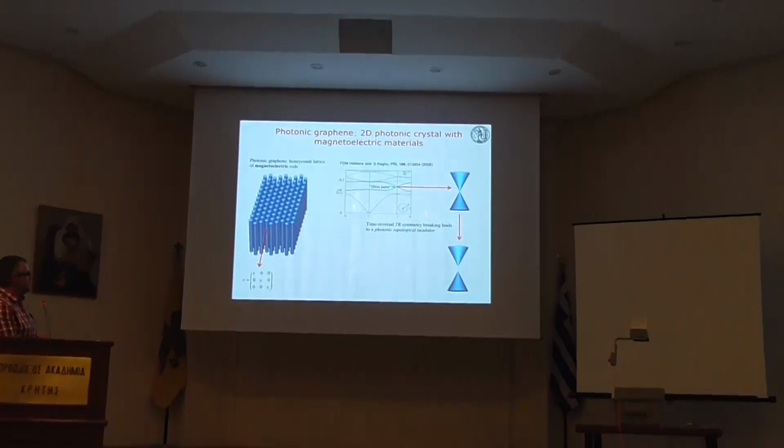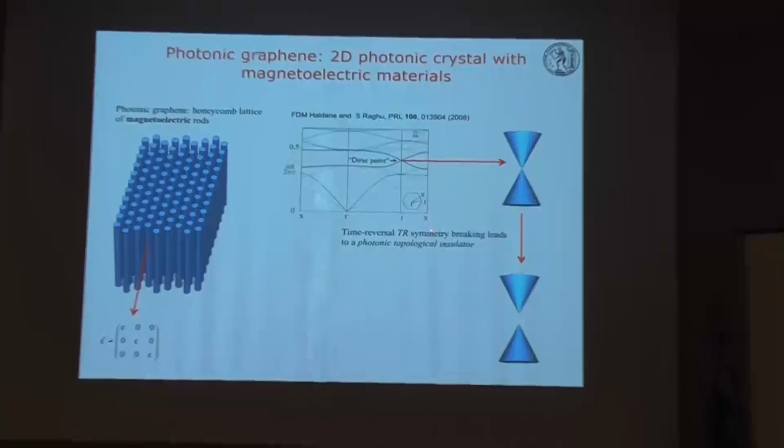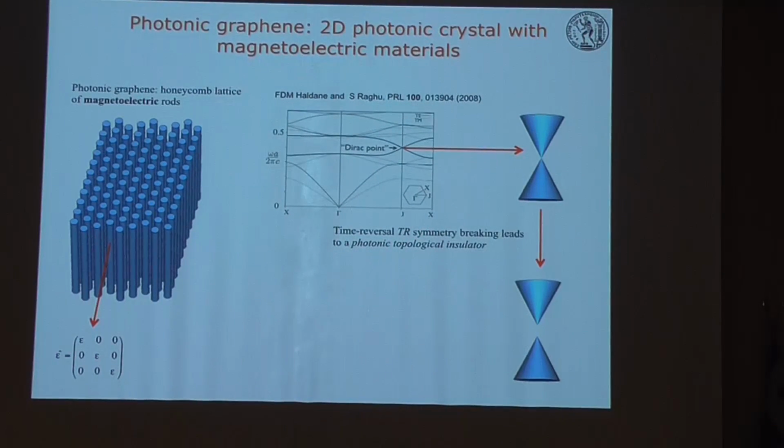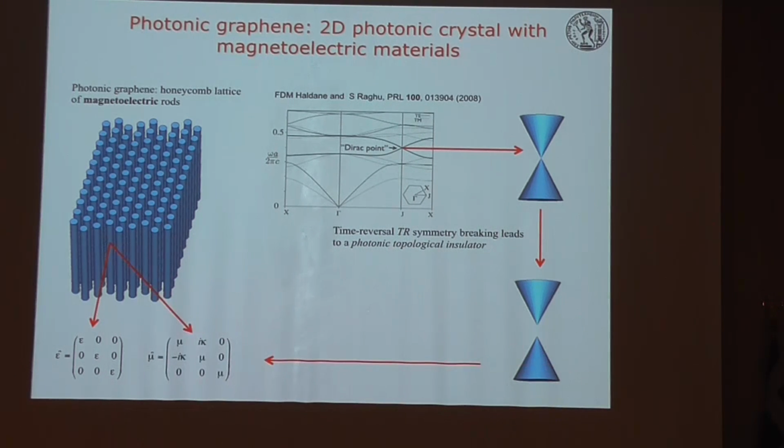So they actually proposed that if one somehow breaks time reversal symmetry in such a system, then the Dirac point may turn out to be a Dirac gap, and all these nice topological things that occur in graphene may occur for photons in such a crystal. So the idea here is that